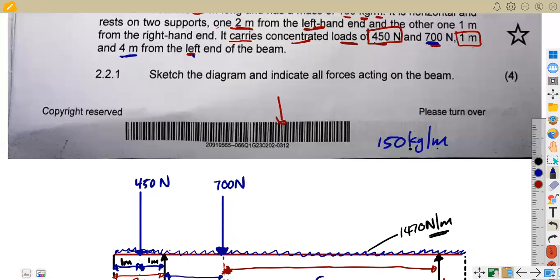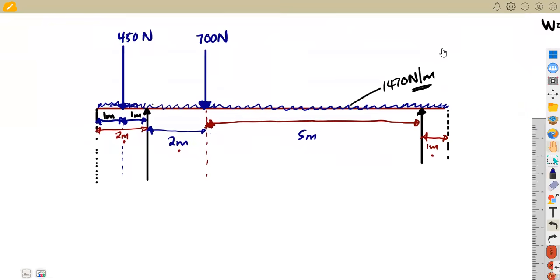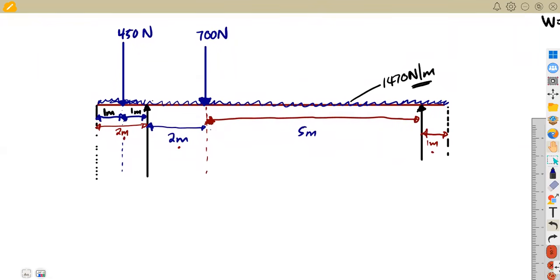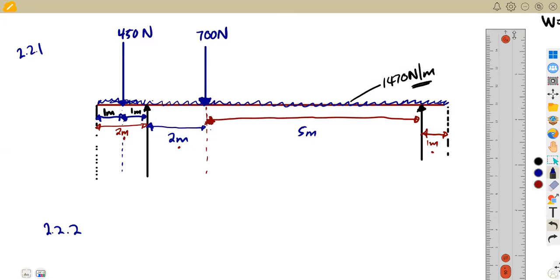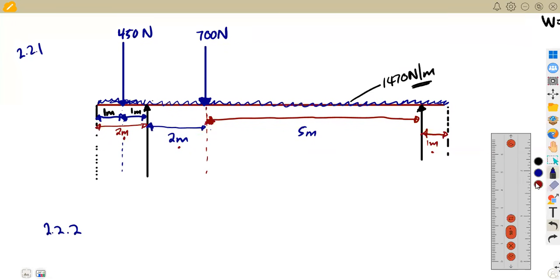To calculate the reaction of the supports now, that's where we have to consider to say, all right, there is a distributed load that we are given. So 2.21, here we are done. On 2.22, we are going to use this diagram. On using this diagram, that's where we are supposed to ask ourselves, what about that one that we were given before that we did not consider? Yes, it's a distributed load that we have here of